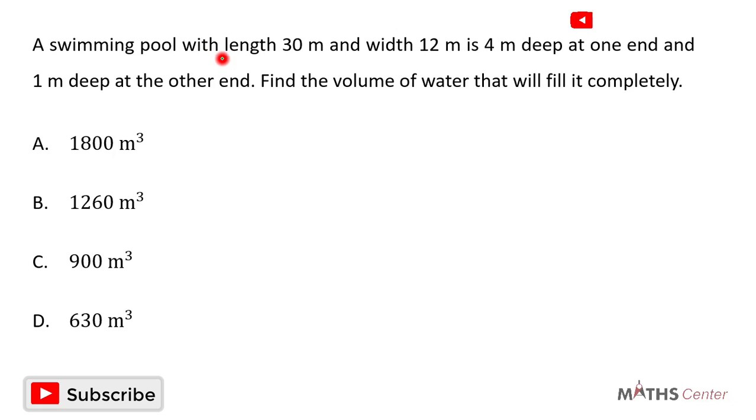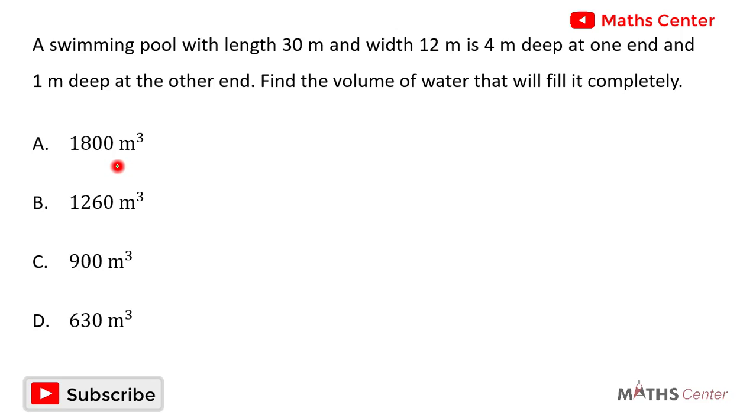A swimming pool with length 30 meters and width 12 meters is 4 meters deep at one end and 1 meter deep at the other end. Find the volume of water that will fill it completely. This is a multiple choice question, and so we will solve the question, and then after that we will pick